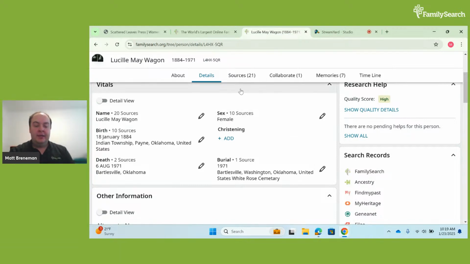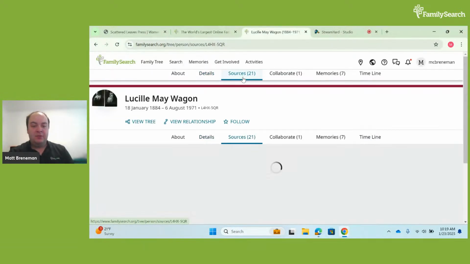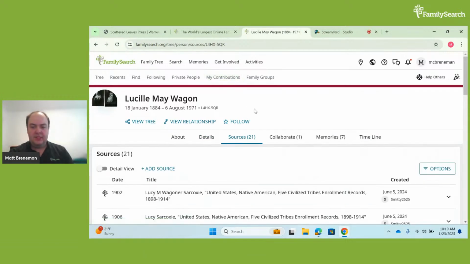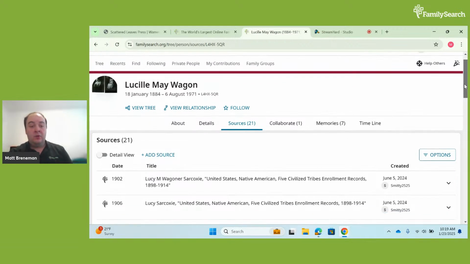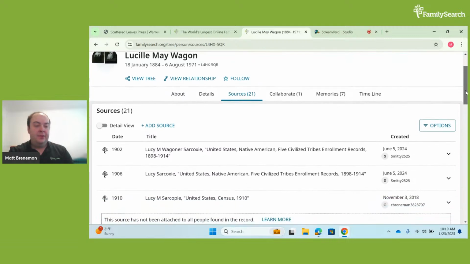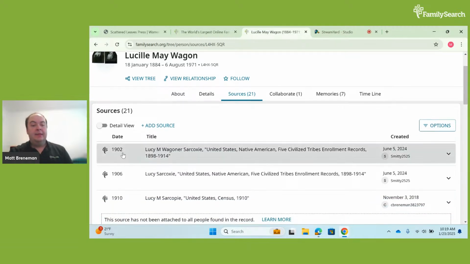So we'll go ahead and just talk a little bit about sources as well with some of the time that we have left. And as I said, this is where you'll find all the historical records or data or user added documents. And you'll see the date, then the name of the source, and also the date that it was added.